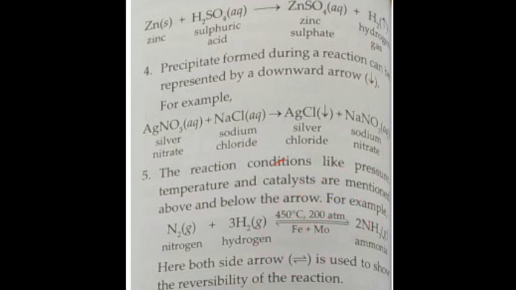Then one more thing you can see is a both-side, half-headed arrow, that is you can see them in this form of arrow, half-headed. This is the full-headed arrow, a single arrow pointing one way. This is a half-headed arrow, two arrows which point in different directions. This is the sign of a reversible reaction, a reaction which can proceed in both directions on reversing the conditions. Is it clear? So this is what the conditions are, and a reversible reaction can be seen with the help of this arrow.